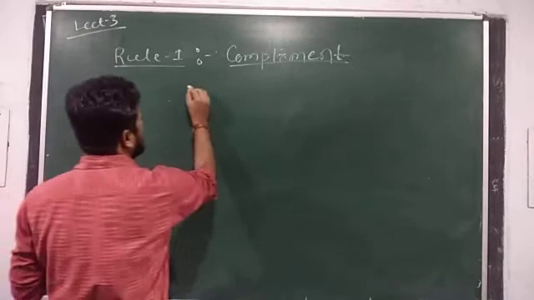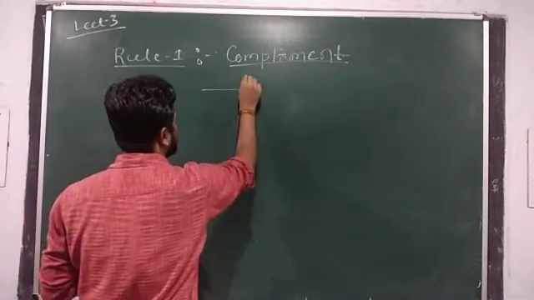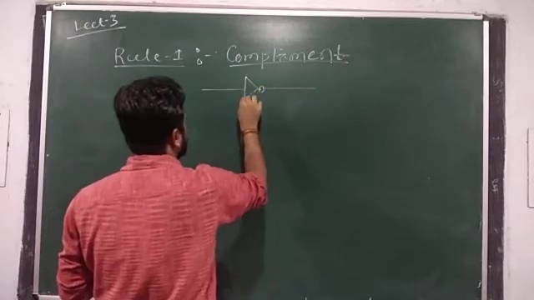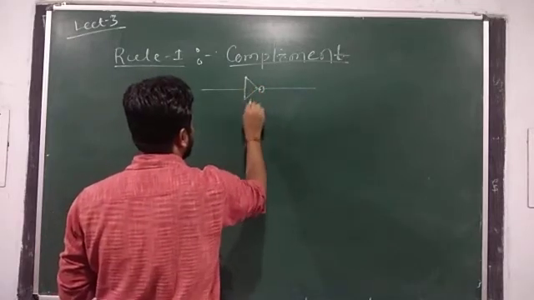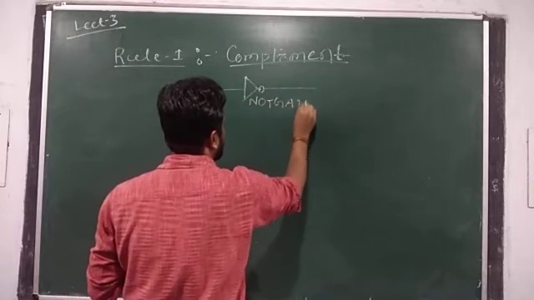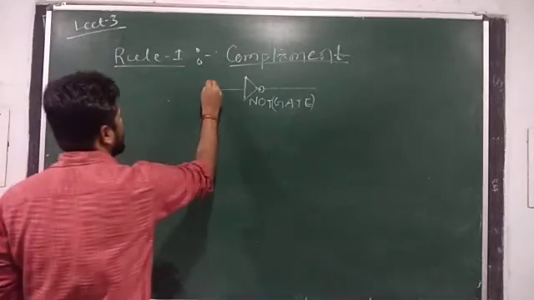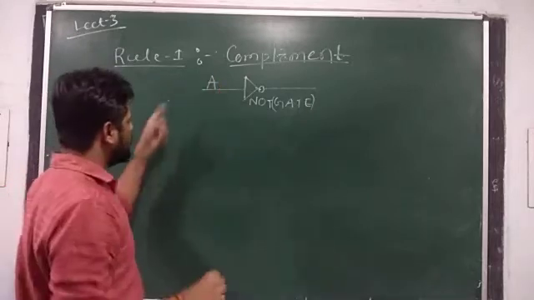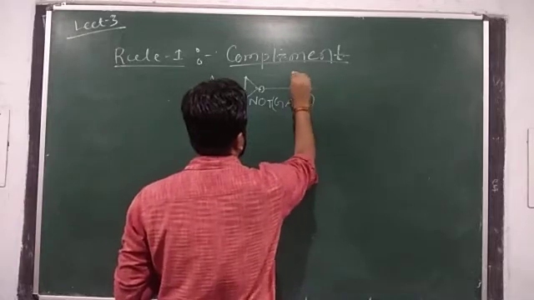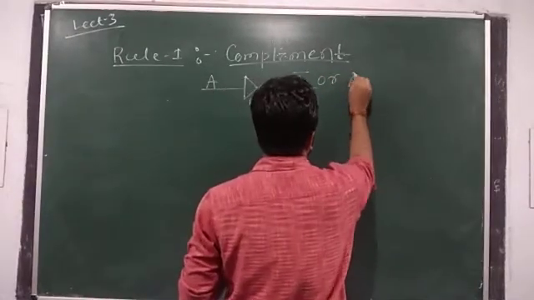The basic logic symbol for complement is this, known as the NOT gate. Here we have only one input, and the output we denote by a bar, or a complement,